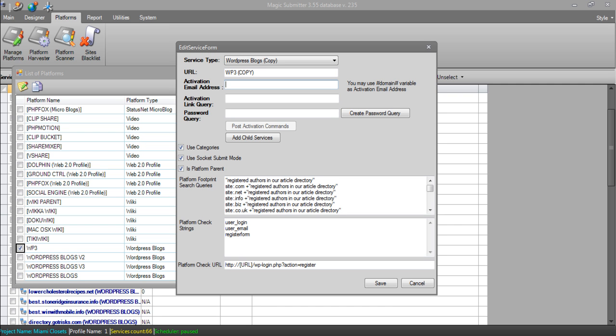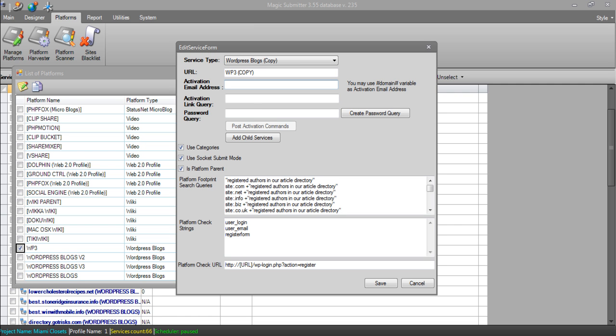But because I'm using this one specifically as a platform rather than an individual site, I'm going to leave this one blank. This is covered in a lot more detail in the Designer tab training video, so this for me right now isn't meant to be an advanced tutorial. This is just basically to explain a little bit about what these are so you've got an understanding. If you really want to start adding some of your own custom sites outside of what I'm going to show you now, then I definitely recommend you go to